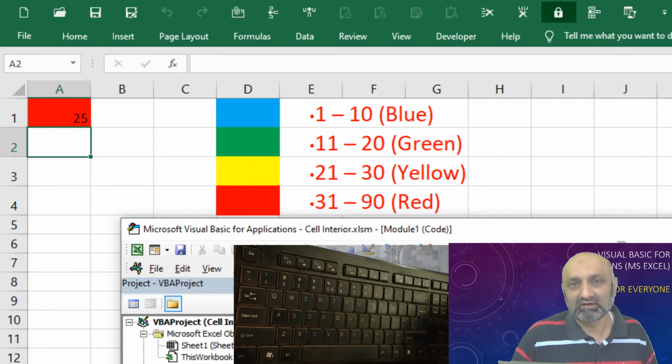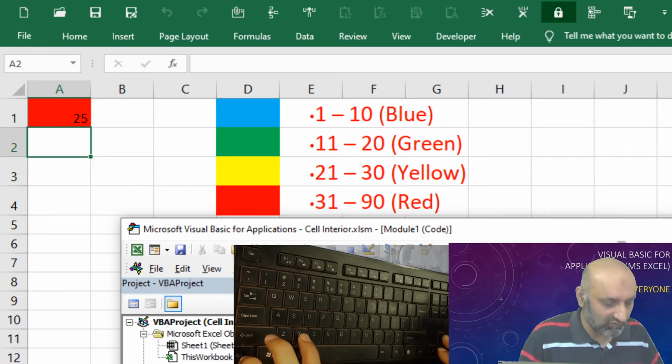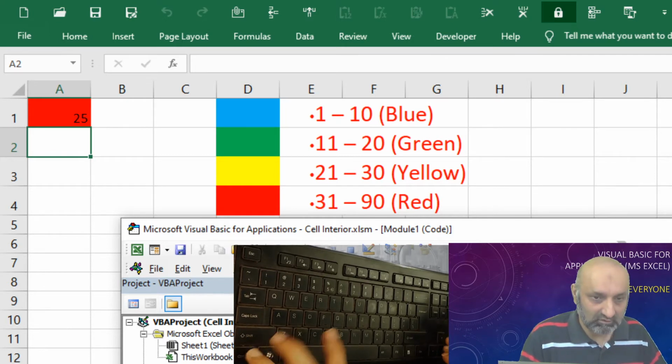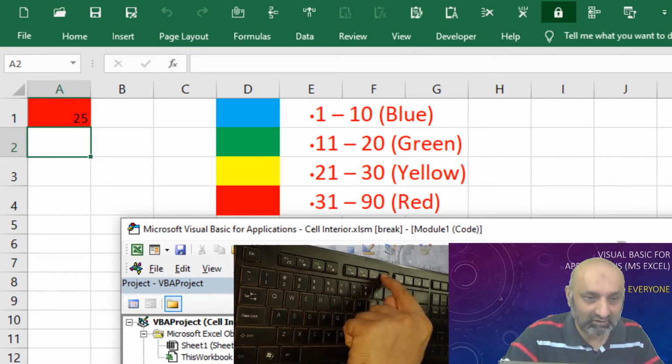When we use these ranges, it's better to start with the highest number. So let's move our condition with the highest number to the top. First 90, then 30, just cutting and pasting, and then 20, and then 10. So let's run it.